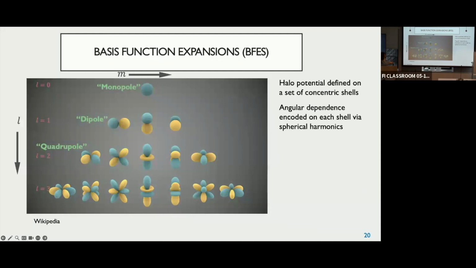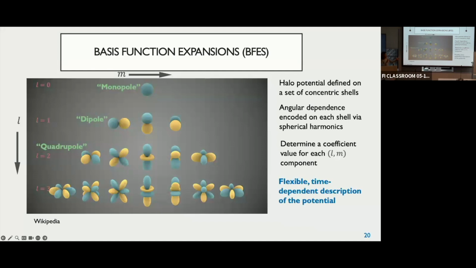And so these are what we call the L terms, and for each L value there is m going from plus or minus 1, which has these other configurations. So it turns out that you can determine the coefficients of these L and M values, and that gives you a flexible, time-dependent way to describe the whole potential. Okay, so the reason this is useful